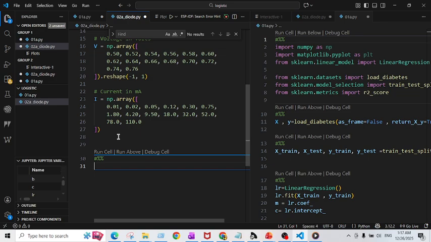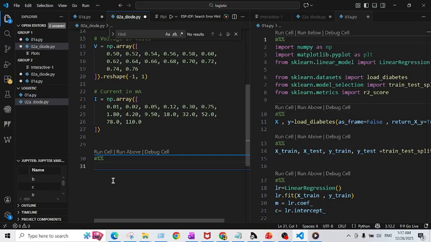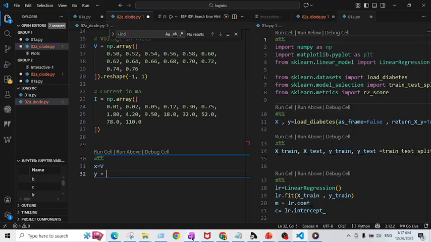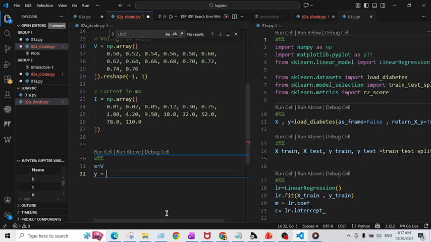Okay, so let me write the equation. So this is my equation. First of all I have to find x. So x is equal to v. Okay, so that's not a problem. x is equal to simply v. And now I have to find y. So what is y? y is basically ln I. Okay, so let me write here